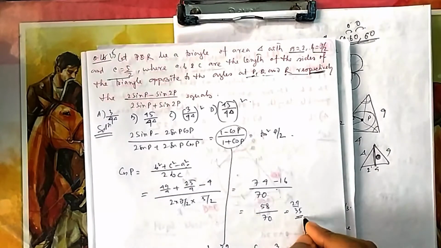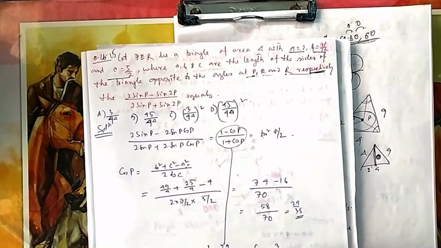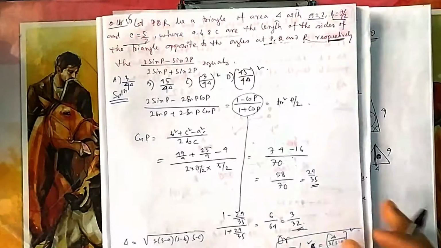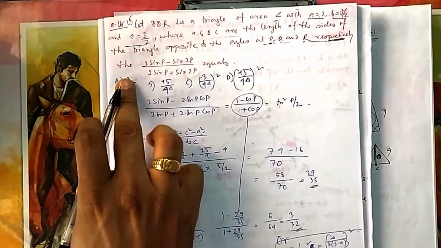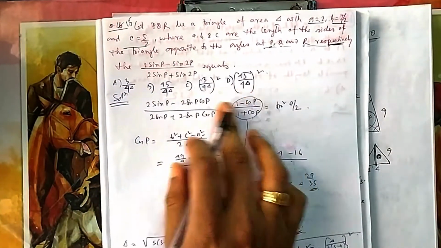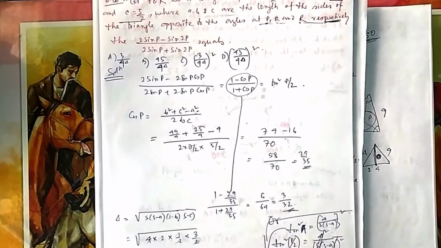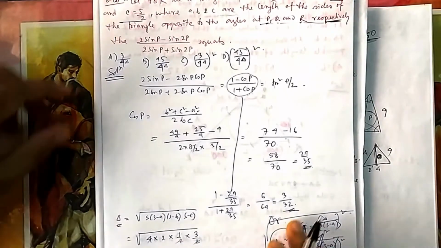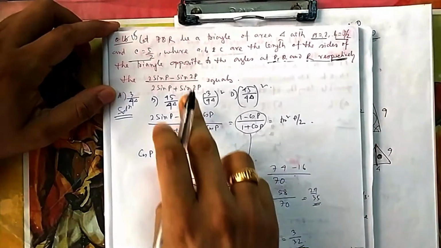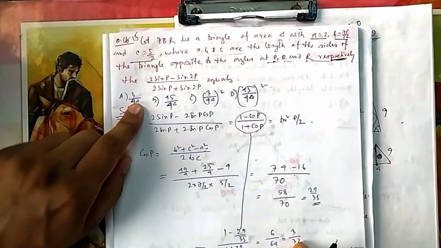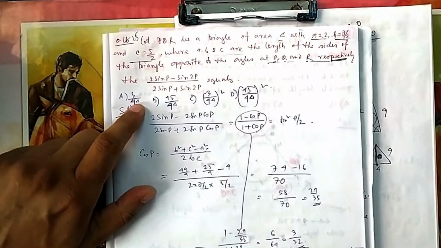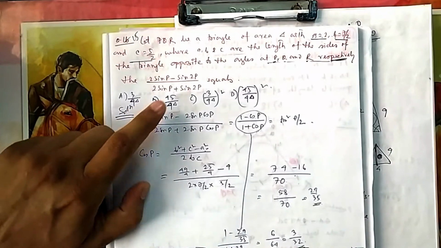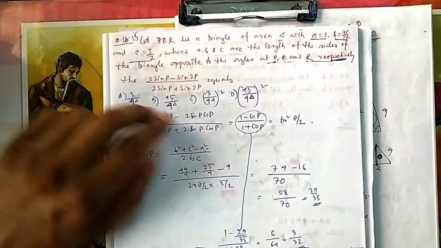So once you calculate cos P, you put it there, 3/32. But the options are not given in that form. Options are given as 3/4 delta, 45 by this. Again you can easily find it out because all three sides are given, so delta you can calculate. Obviously, because this is given, I am getting 3/√32. So this will not be the answer because delta is √6. So here there will be a root, it will be irrational. So these two will not be there, either of these two.